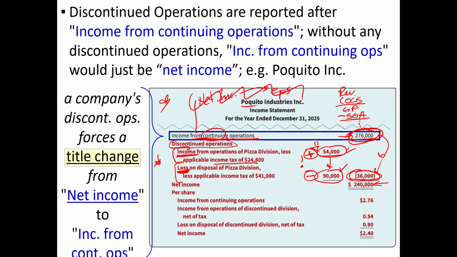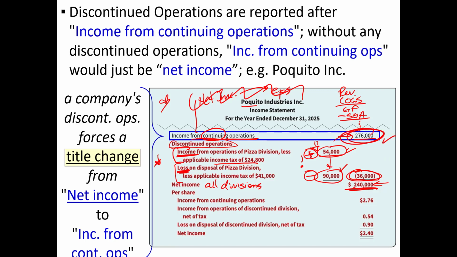So 240 is the net income for all divisions, including the discontinued ones. So when you look at this, you can say, hey, 240, that's the company overall, regardless of whether or not it's continued or discontinued operations, the company has net income of 240. That's good, right? I would agree with you. However,